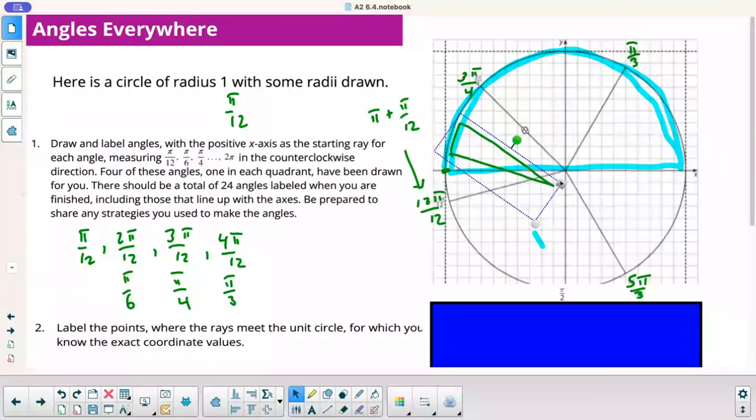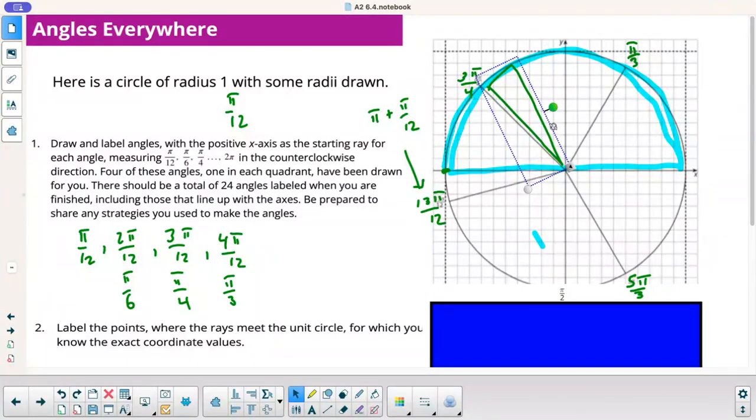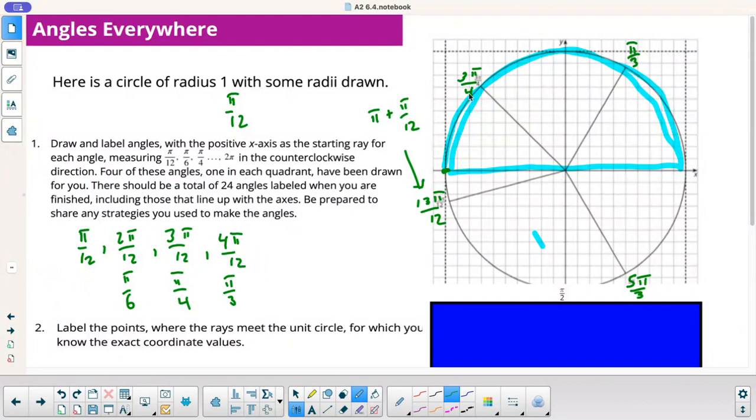So there's one, there's another. All right, you're just going to go all the way around and fill it in, okay? So try to divide these equally. What I would probably do if I was going to do this in my book, this is a 45, I'd divide these in half, and then I would maybe start here by dividing this in half and splitting that, and then splitting from the 90 to this green one that I drew, maybe like right there, because this one's not quite there. Split this in half. You already got that in the middle, like that. So anyways, as you go and do that,